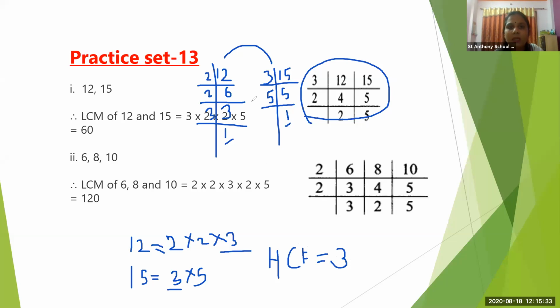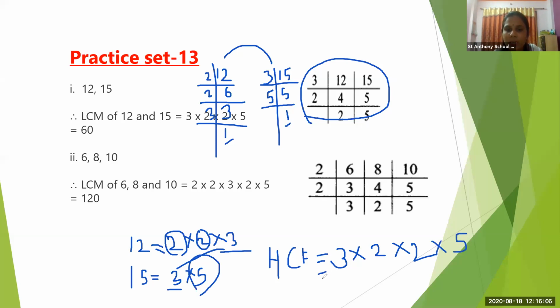Okay, but if we want to find LCM, you can use this method also to find LCM. First we take the common number. Once we take the common number, the other numbers will be written. So we take 3 as the common number first, and then what are the other numbers? 2. Again here another number is 2. And then which other number is there? 5. So take it as 5, and then do multiplication.